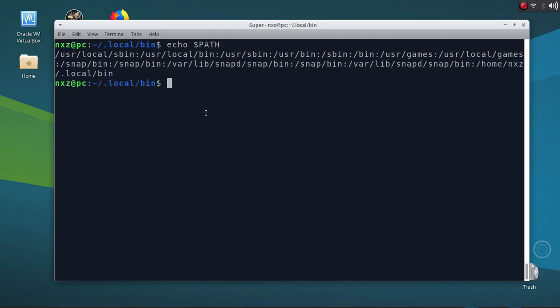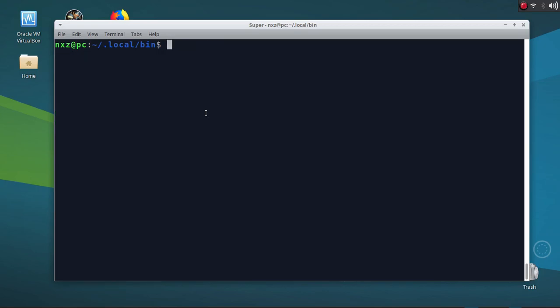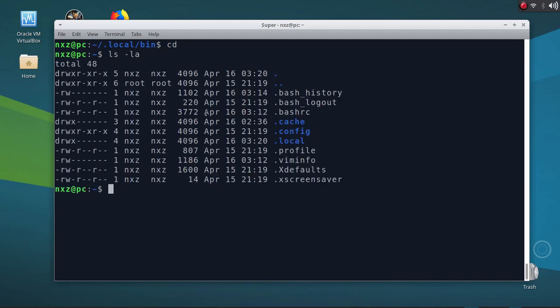Cool. So this is temporary. If you want it permanent, you have to make it permanent. So you have to add this command to your .bashrc file, or if you are using Z shell maybe, you have to add it to your .zshrc profile. So I will append it to this, vi .bashrc,